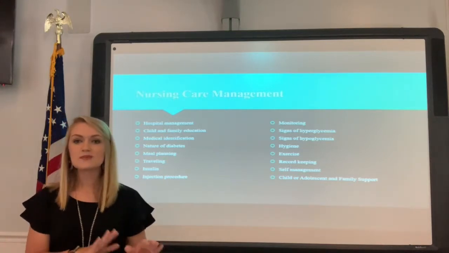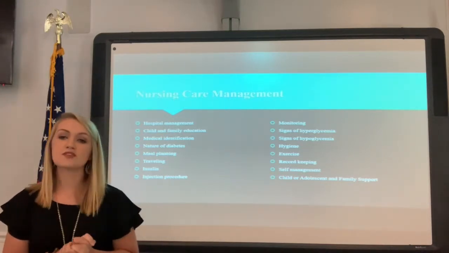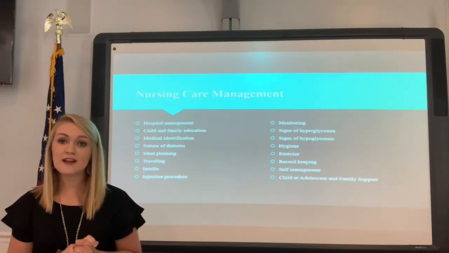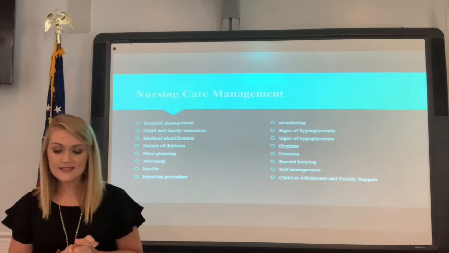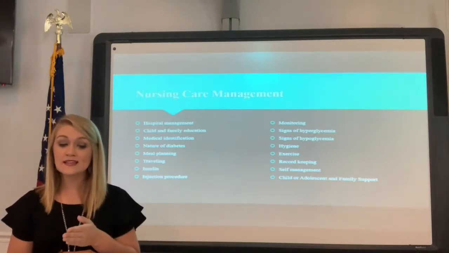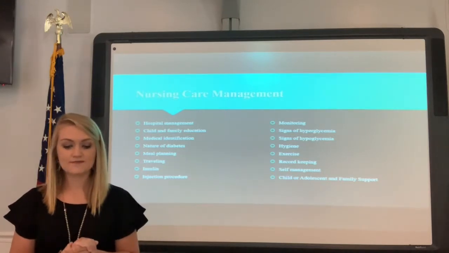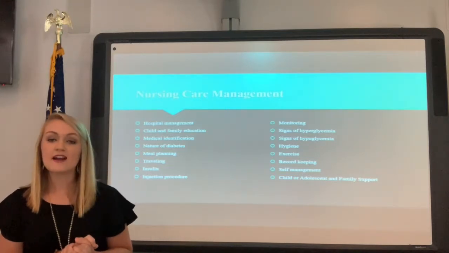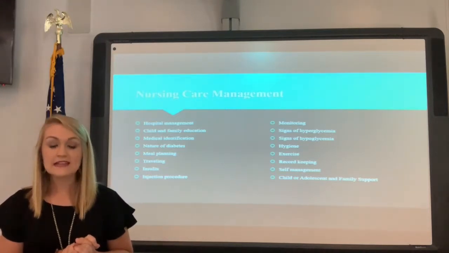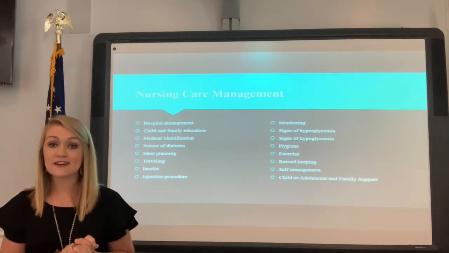And traveling. When traveling, make sure you plan to consult your practitioner for extra supplies. Consider what and how much is needed and what will be needed in transit and when you arrive at your destination. And then insulin. Families need to be aware of the treatment methods and the insulin prescribed, including the effective